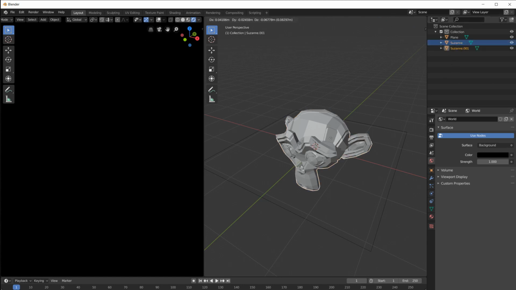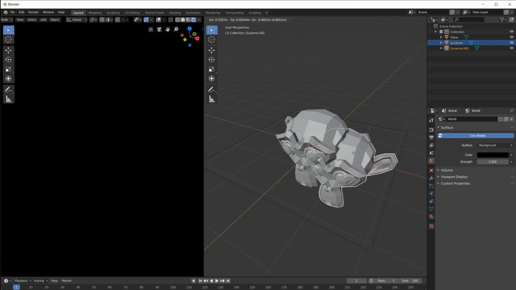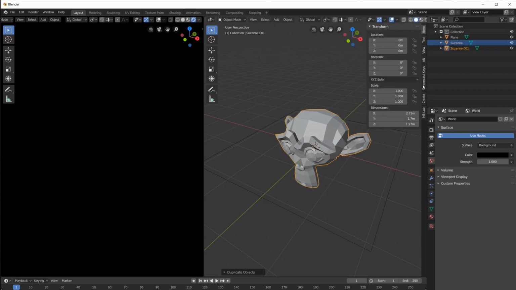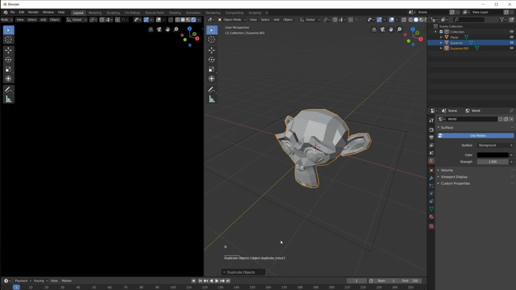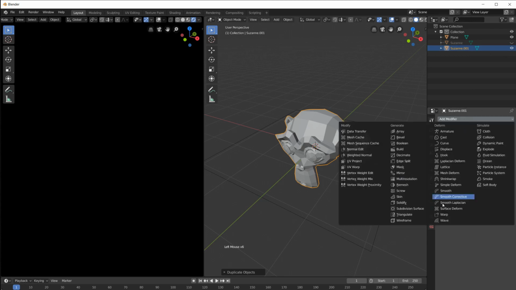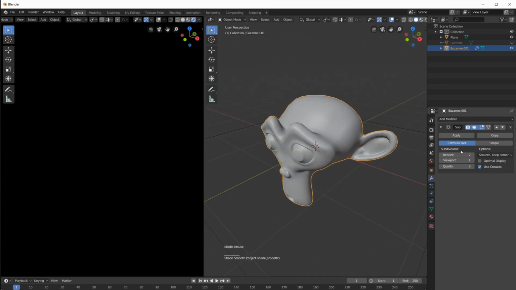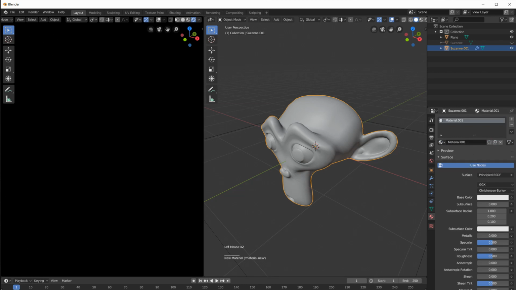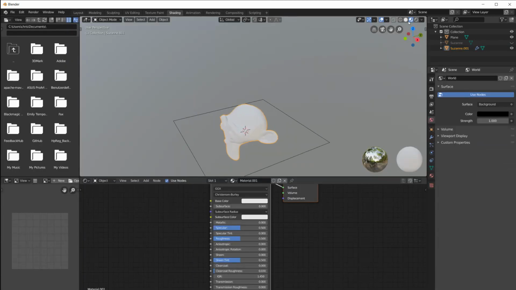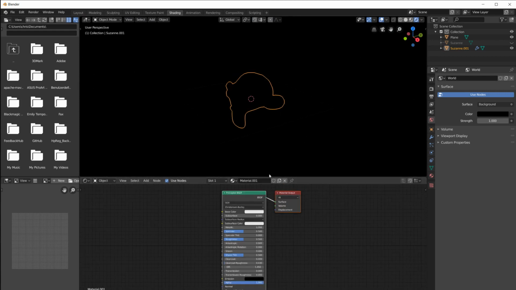I'm going to duplicate Suzanne, Shift D, then Escape. I forgot to switch on the screencast keys so you can see what I'm doing. And one of them is going to be for Animation Nodes, the other one is the one that's going to be visible. So let's make this one visible, add a subdiv modifier, right click, shade smooth, and then go into material settings, give it a new material, head over to shading quick and the EEVEE view,